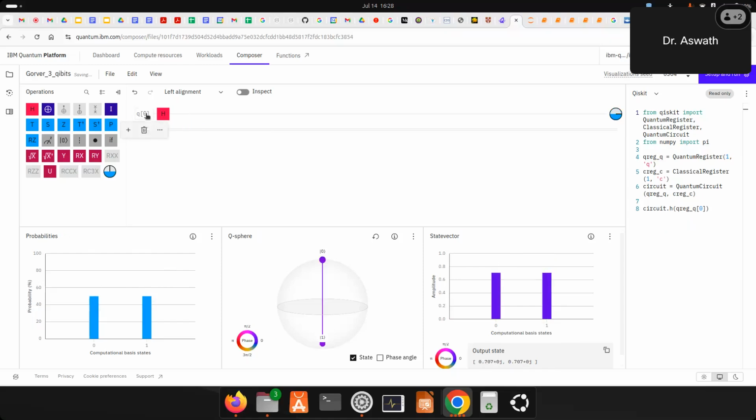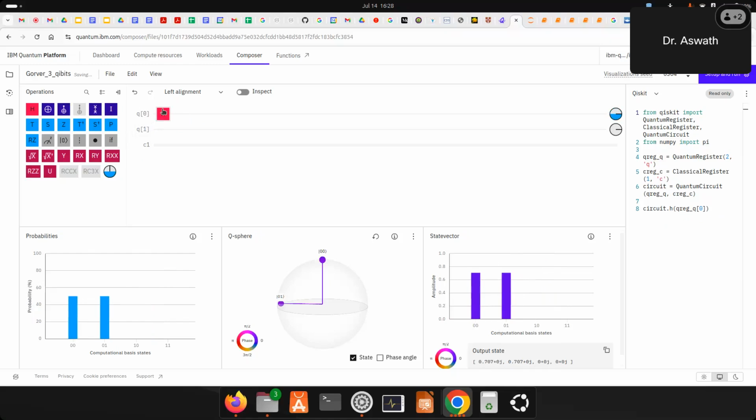Now I want to have a 2 qubit gate. So let's take 2 bits, two quantum bits. Both are in 0. That's why the new basis is being created: 00, 01, 10, 11. Remember, in IBM Qiskit, the counting is not done from left to right, it is done from right to left. What I mean is, atom A is on the right, atom B is on the left. Now I want to have entanglement creation.